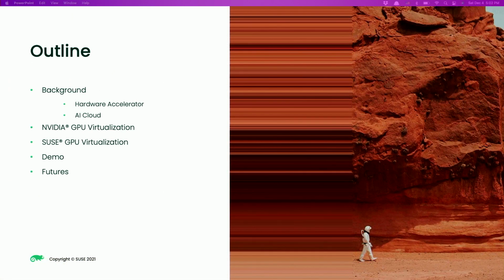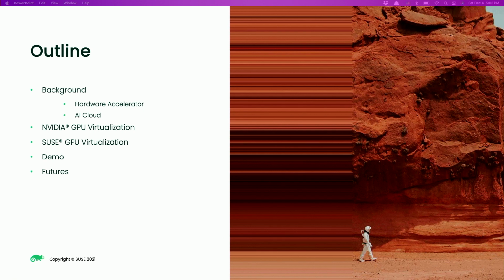This is an astronaut from Mars, so we're going to do some exploration today like him. Today's agenda: we'll have a quick brief on AI cloud and hardware accelerators, to get some basic ideas. Then we'll look at why we want to use NVIDIA GPU virtualization, and how we integrate it through our partnership with NVIDIA in our Linux.